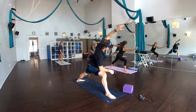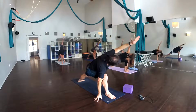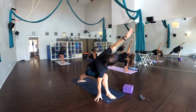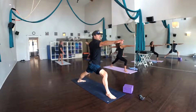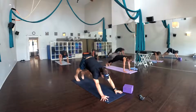Easy option, forearm to the thigh, left arm over the ear, or you could go all the way to the floor, left arm over the ear. Breathe deep, twist the upper body up. Good, then come on back up, warrior 2, and let it go. Hands down, take the leg back, vinyasa,